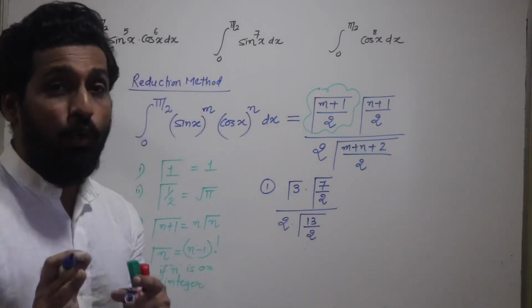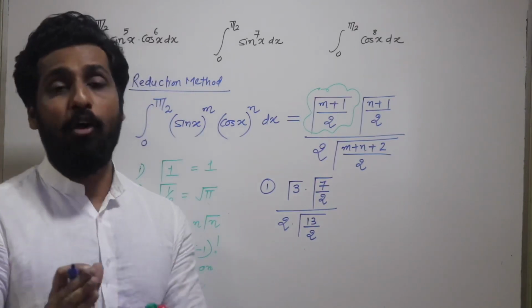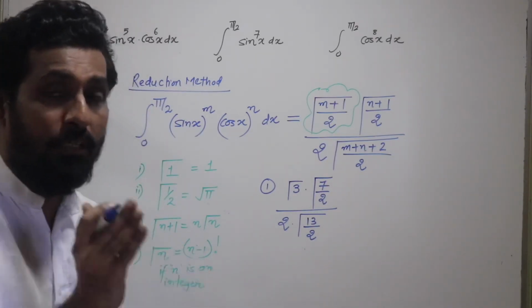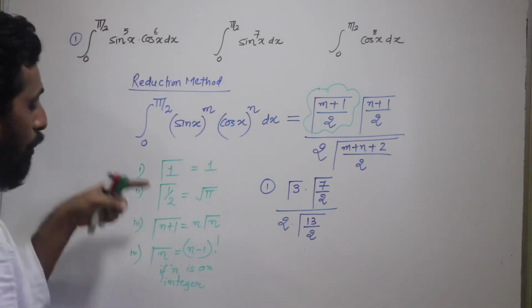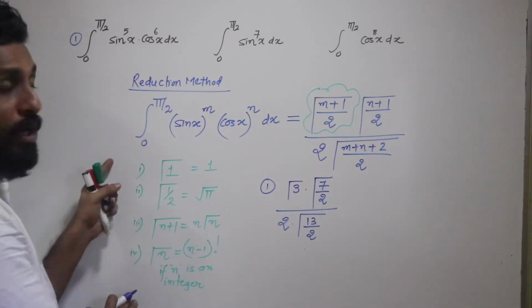Now definitely you are not going to get your options like this, isn't it? You will be having some kind of a simple number. How do I arrive at that simple number? You make use of these 4 formulas that are given to you. Just make use of the 4 formulas which are given to you.